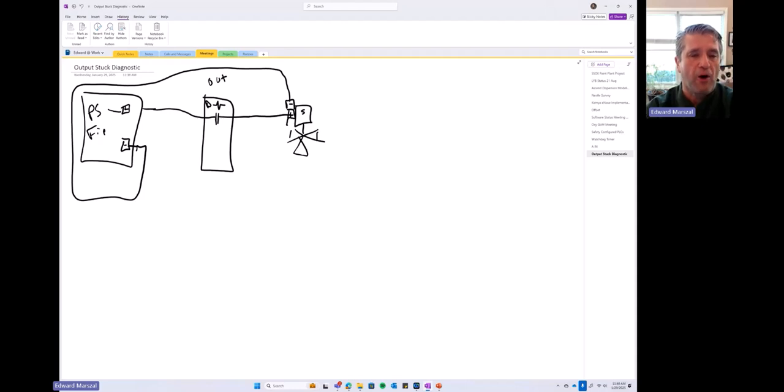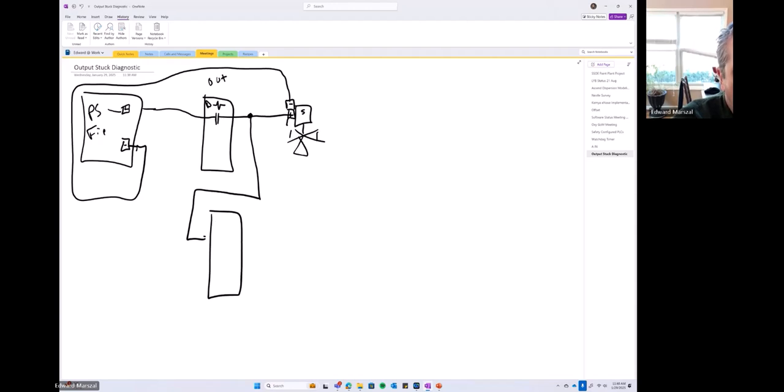So now how are we going to detect that there was a failure? Well, in addition to sending my power out to my solenoid valve, guess what else I'm going to do? I'm going to bring it to an input card. So I'm going to take my output value and bring it to an input card. And then I've got my digital signal. I'm going to communicate that here. And then I'm going to do a compare,